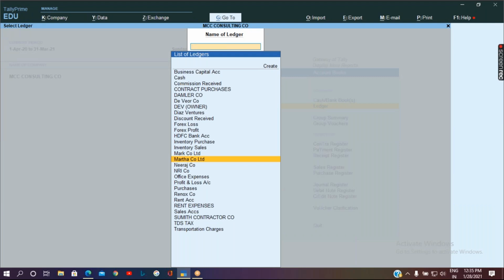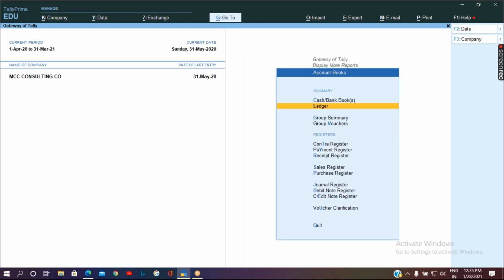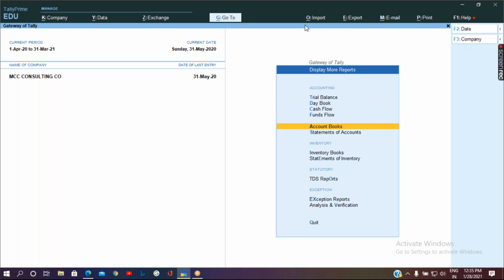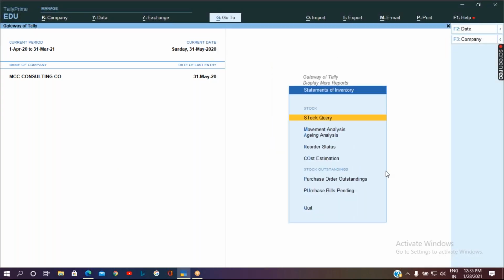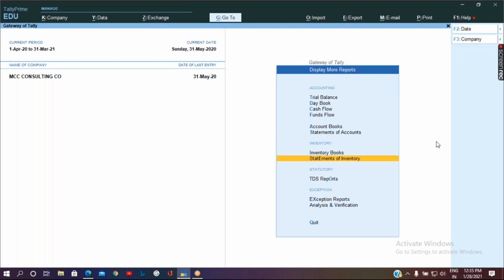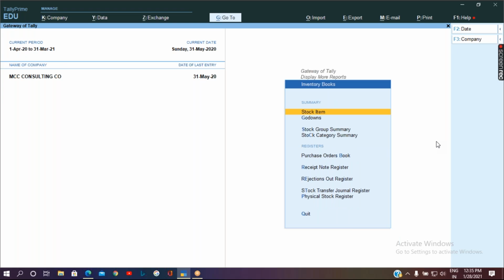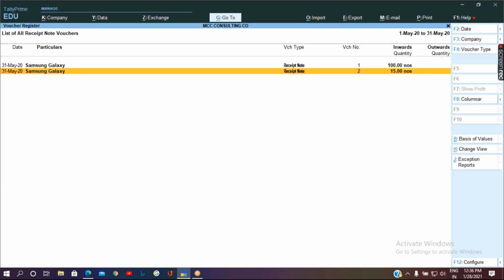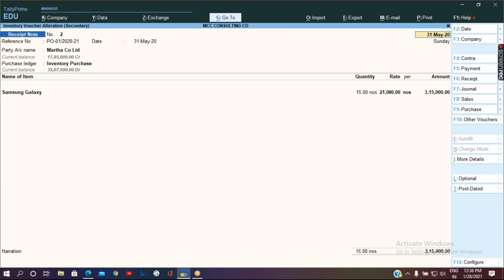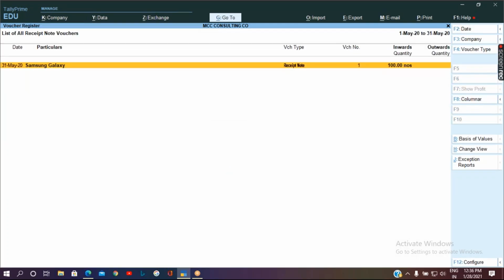So this is only for the accounting entry. In case you want to delete the inventory related entry, then go to inventory books and you can check it in the receipt note register, find the transactions and delete the same.